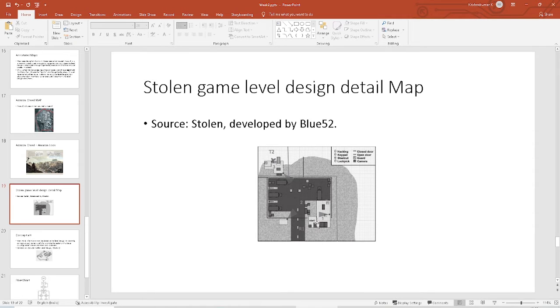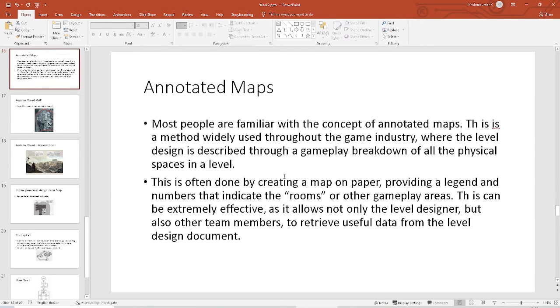Closed doors will be kept like this, open doors will be colored red brown. So camera, and a lockpick will be given. So second stage, third stage. So all these things, steel cut, everything is presented. So we will be discussing this in detail. This is a method widely used in the game industry. One of the most important